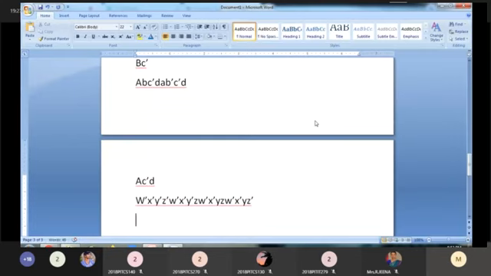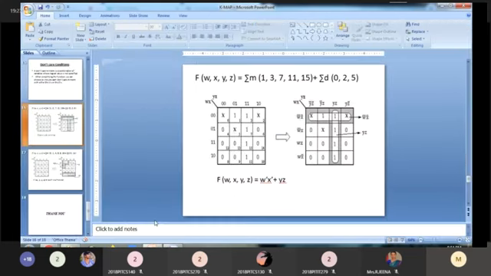Okay, now take the values. Any W bar is there? Yes, 4 W bar, so you have to consider only 1 W bar. Then X bar, here X bar, X bar, X bar, X bar, 4 X bar, consider only 1 X bar. Then Y bar, here Y bar, Y bar, Y, Y. 2 Y bar, 2 Y's are there, so you have to cancel all the Y and Y bar. Then Z bar, Z, cancel the Z and Z bar, here also Z and Z bar. So your answer is W bar, X bar.